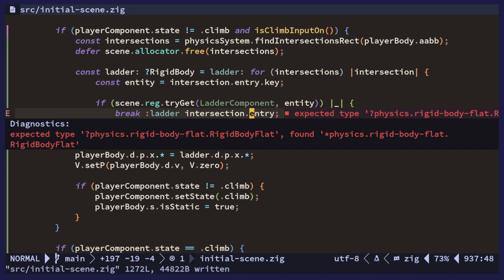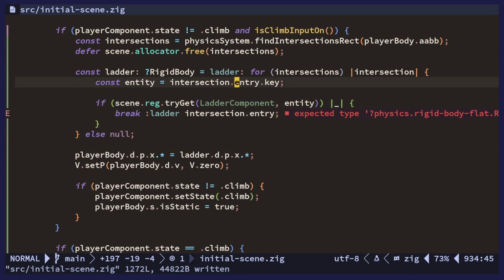Let's see, expected type rigid body, found, wait, expected nullable. Oh, okay, found, okay, so this is a,